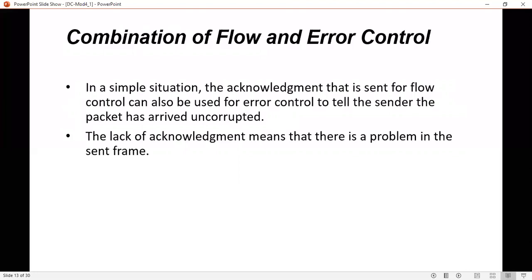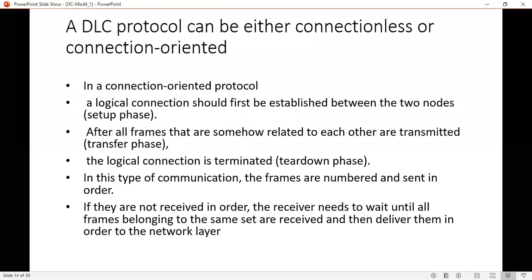If the sender does not receive an acknowledgement frame after waiting for some time, then it will guess that the sent frame is corrupted, and the sender might resend the frame again in this case.